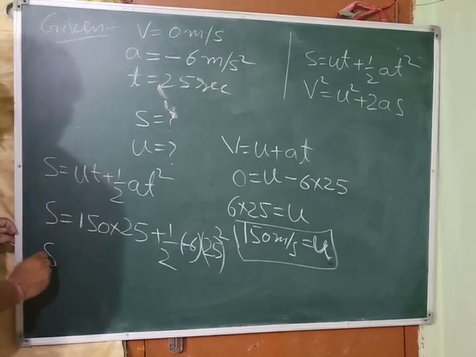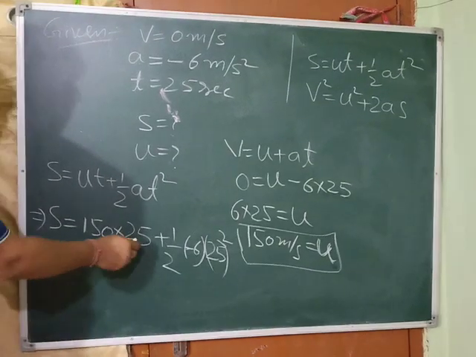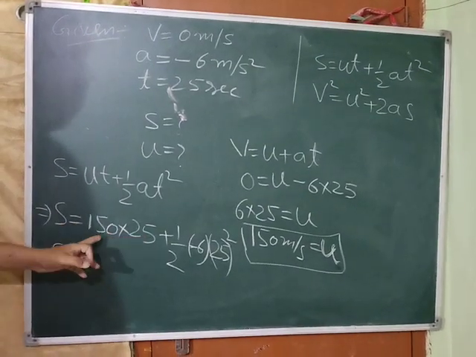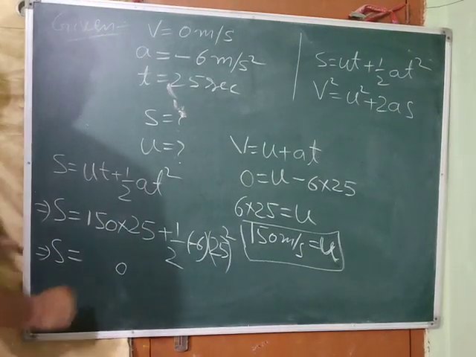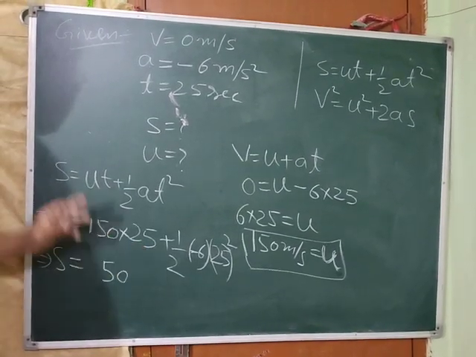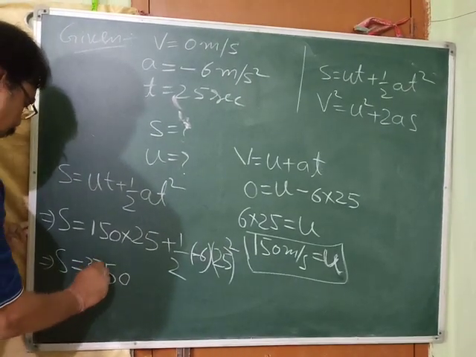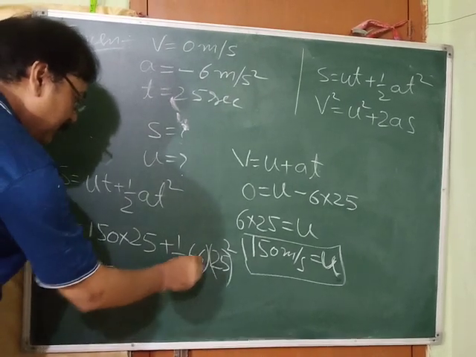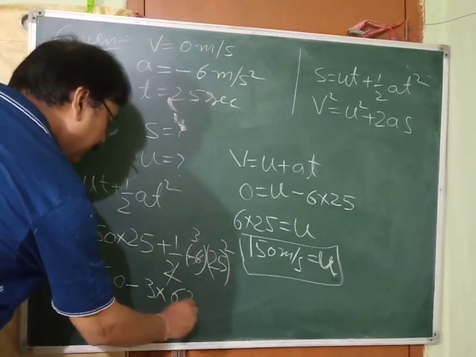Now see here. S is equal to 25 into 150. So 25 5 ja, first we will write 0. Then 25 5 ja, it is 125. So 5 is there, 12 is the carry. 25 1 ja 25. 25 plus 12 is 37. So you got 3750. Now this minus into plus is minus. 2 3 ja, you will get 3. So 3 into square of 25 is 625.